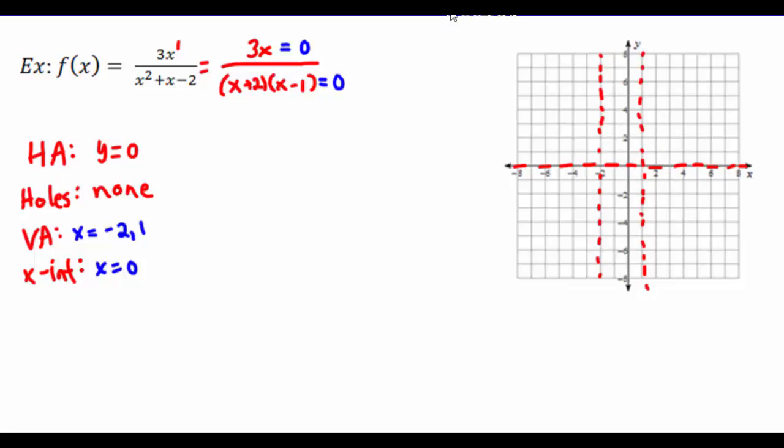And then my x-intercept is at x = 0. And as soon as you try to put this dot on 0, you might be like, well, hang on a second. How do I have an x-intercept at 0 whenever I have a horizontal asymptote at 0? And so this is one of those things where